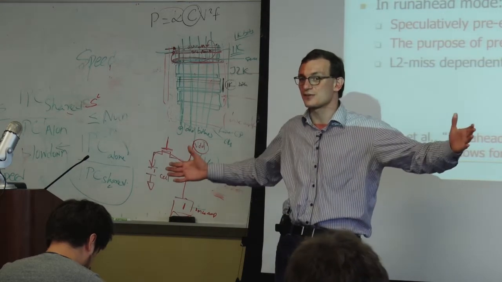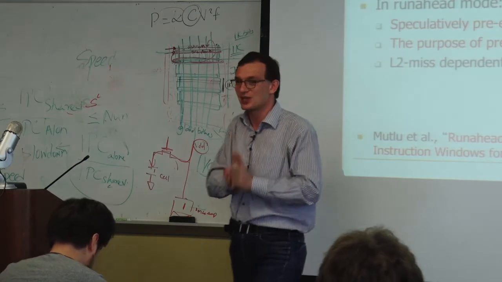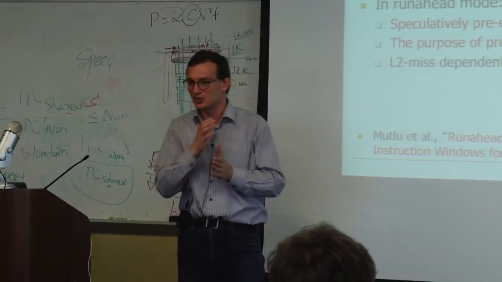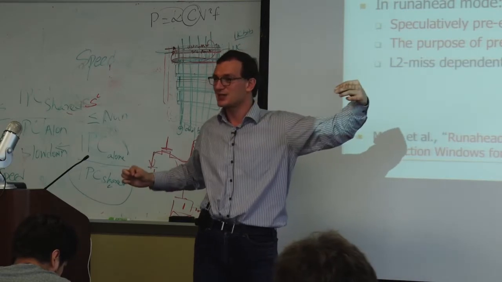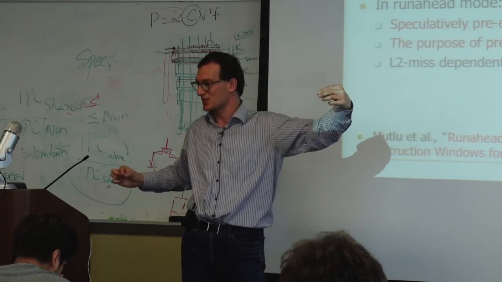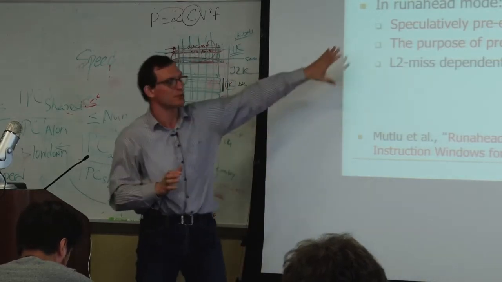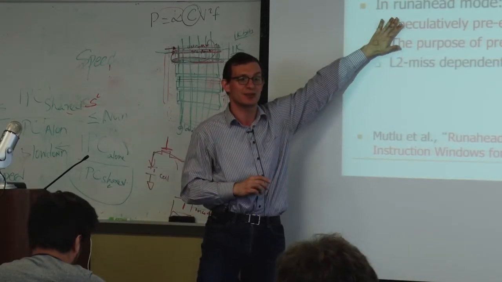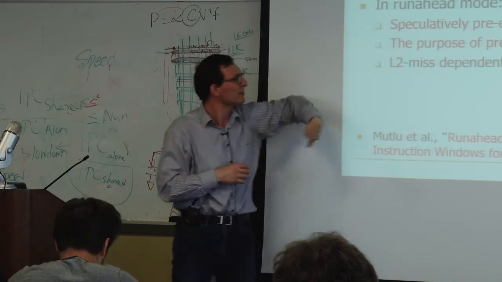So enlarging the size of the window is difficult, because remember the out-of-order execution lecture. As you increase the size of your reservation stations, you need to increase the length of the tag broadcast and data broadcast buses that you have. So it's difficult to enlarge the size of that. Instead, why don't we build a small window and do something like run-ahead execution? Right. That was the idea of run-ahead execution.